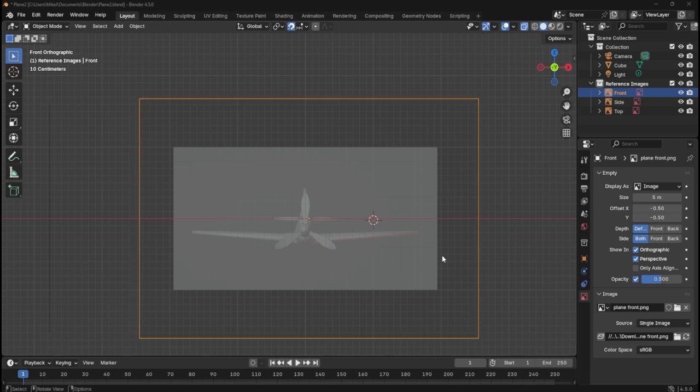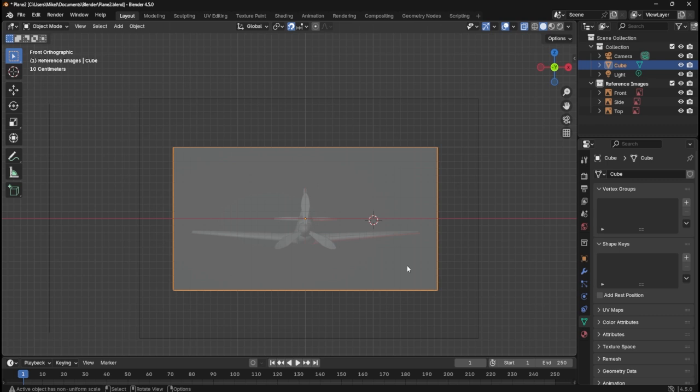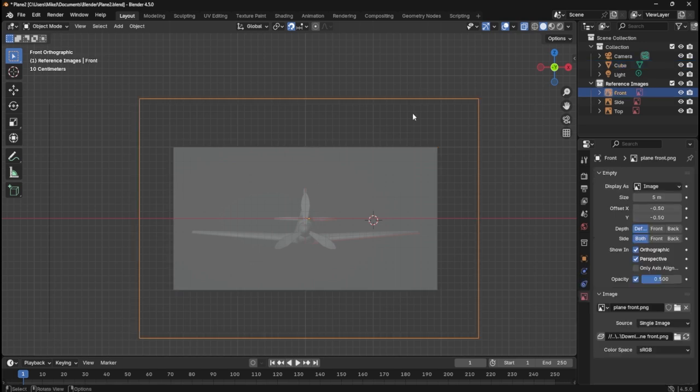Okay, so I have to scale. Right, he's scaling the reference image